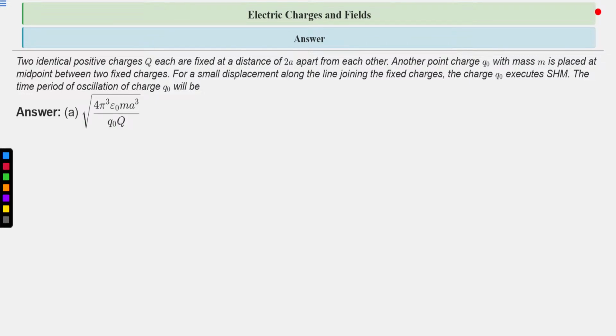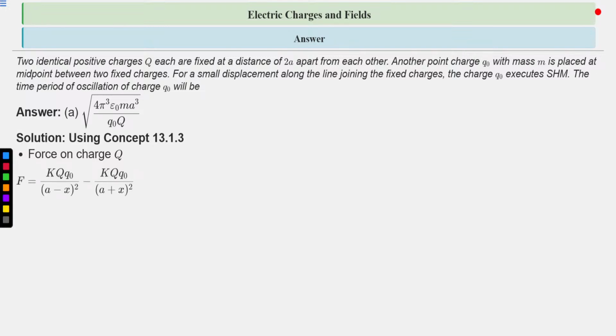So the correct option is A, root 4 pi cube epsilon naught m a cube upon Q naught Q. Now we will see the solution using concept 13.1.3. Force on charge Q is